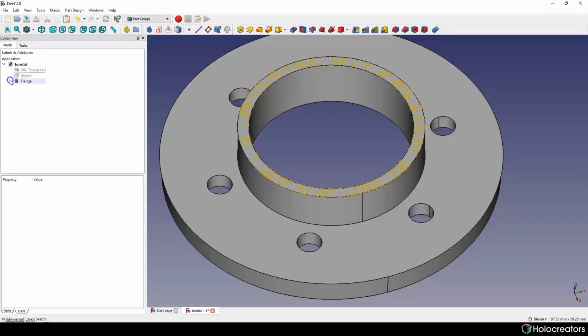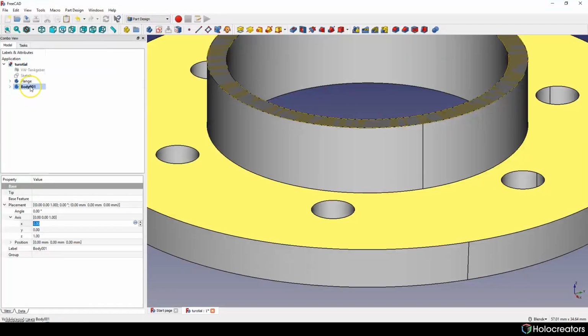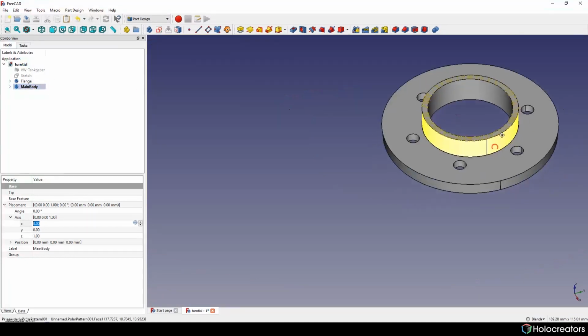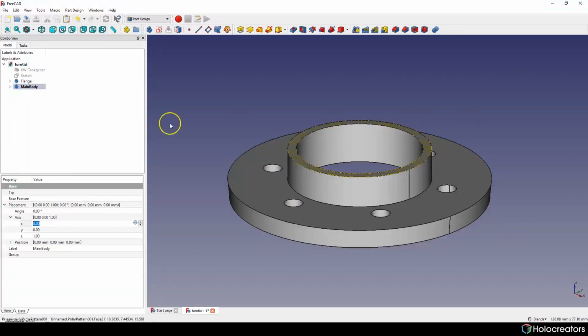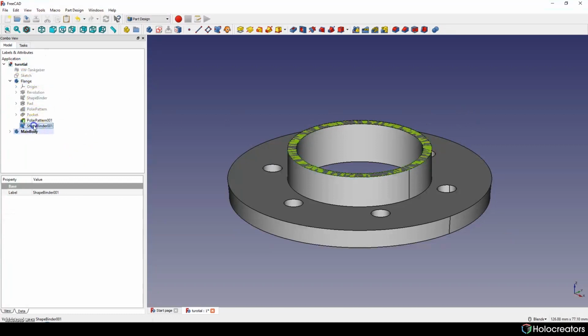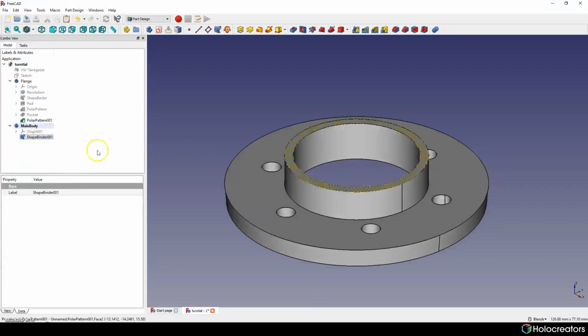Then we will need also a new body. Let's call it main body. And let's put this shape binder into our new body. To do this, we can right click on it and choose move object to other body. Hit OK, and now we have our shape binder here.